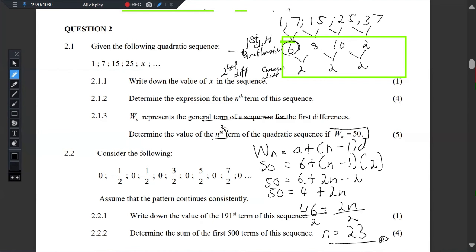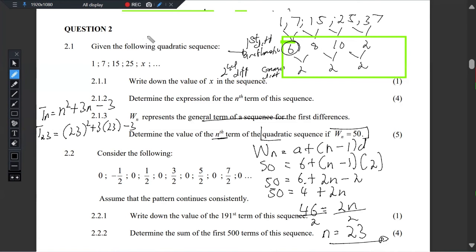Now they're saying determine the value of the n term of the quadratic sequence. Of the what? Quadratic sequence, right? Determine the value of the n term. So now that we found that the n is 23, now we should use this n equals 23 to actually find the value in the quadratic sequence. So what's the equation again for the quadratic sequence? We had Tn is equal to n squared plus 3n. Am I correct? Yes, minus 3. Then this time I should say T23, and then this is 23 squared plus 3 times 23, then minus 3,